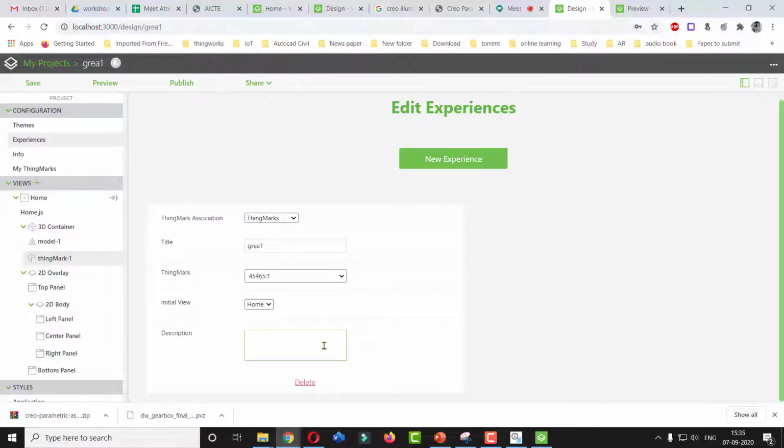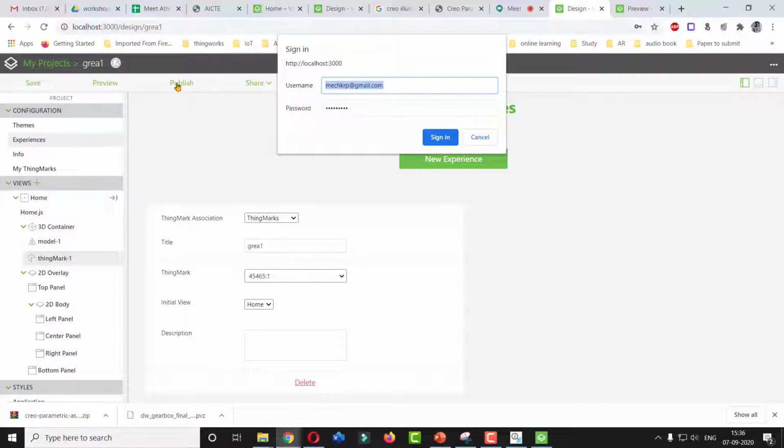And the description, whatever description you want to provide about the gear, you can provide over here in the description, or you can leave it blank. Then you have to click on the publish button. It will ask for a username and password.